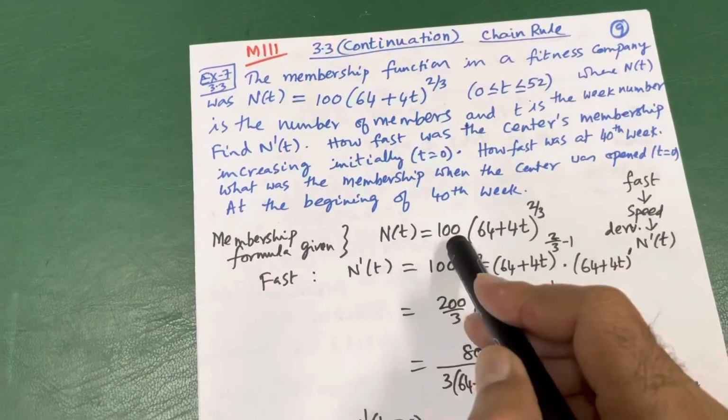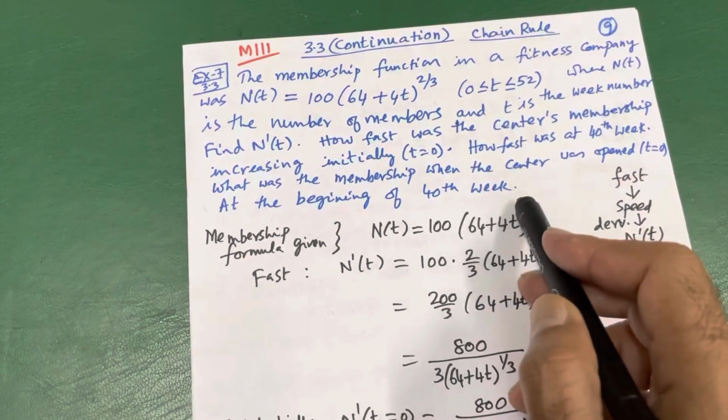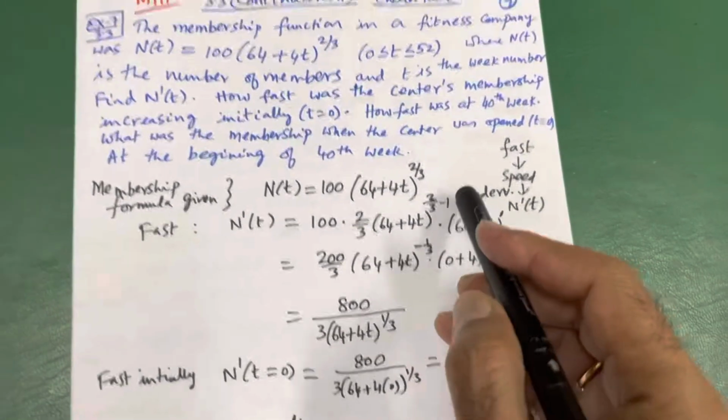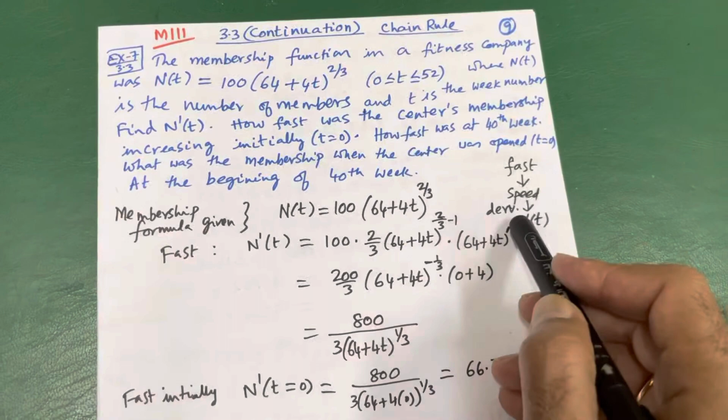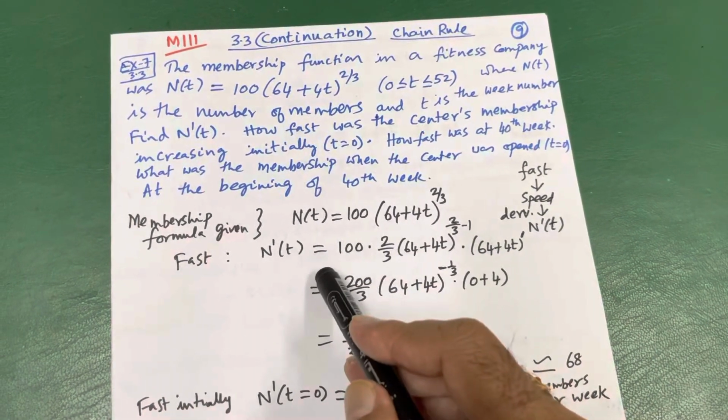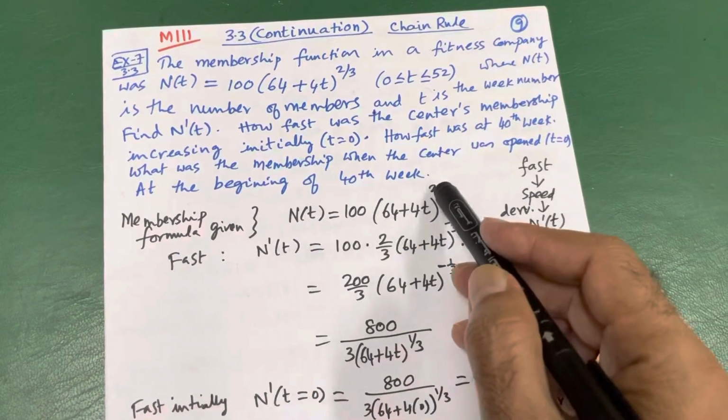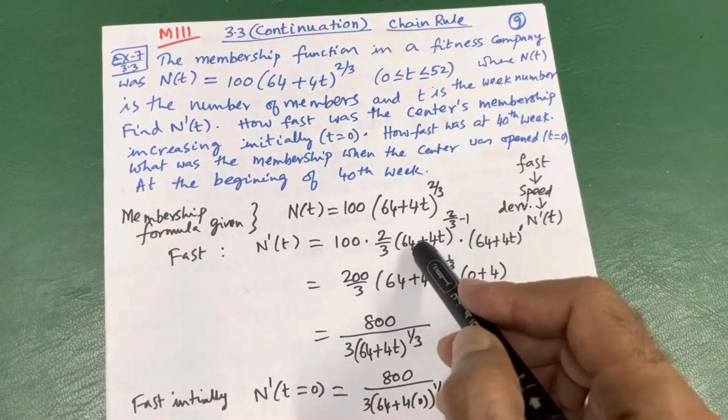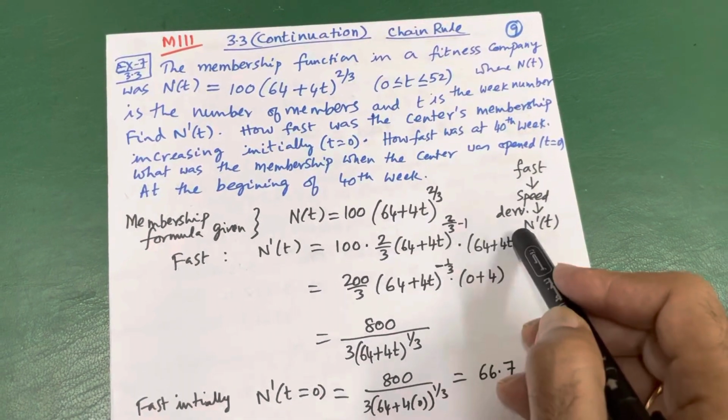Here it is, s(t) is equal to 100 into (6t minus 4t plus 2) power 3. Here you should use, see how fast. Fast means the derivative speed. So the derivative will be 100 times, whose power, whose derivative, and this same expression will come again here, then its derivative.